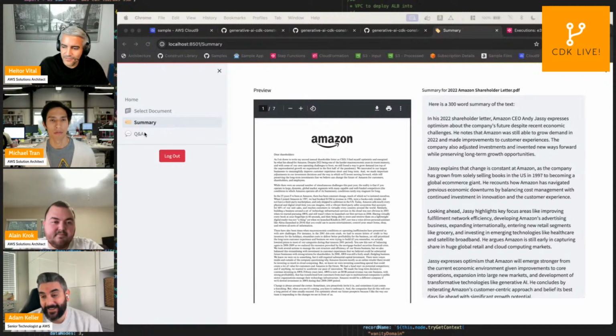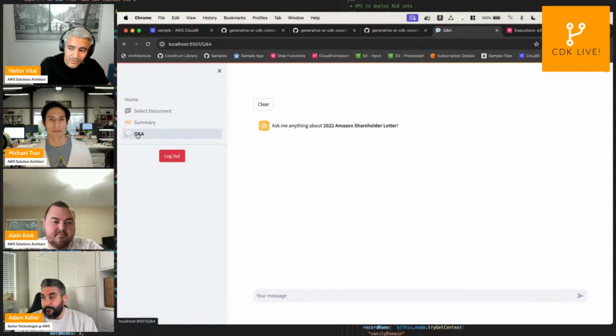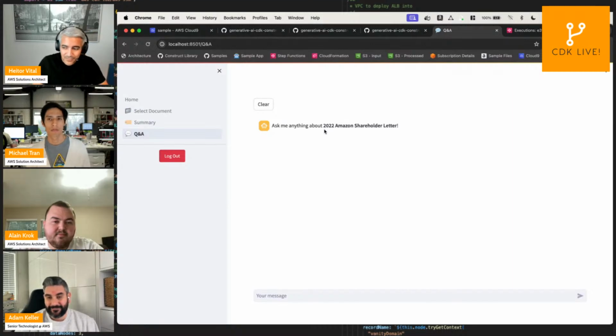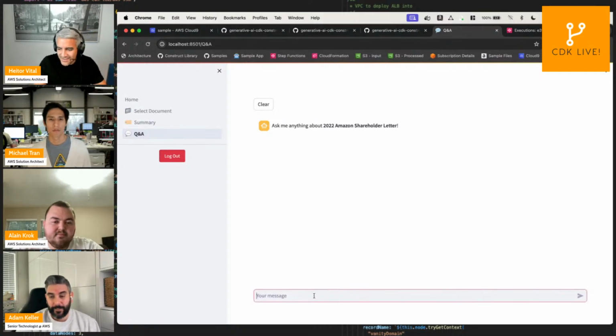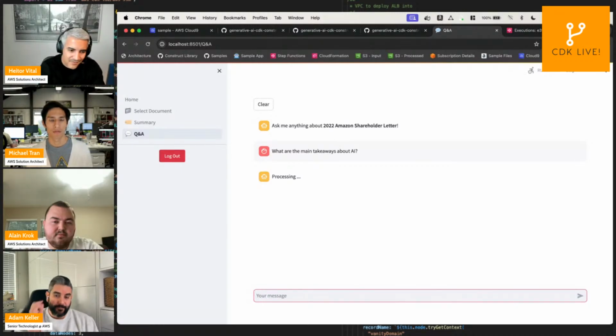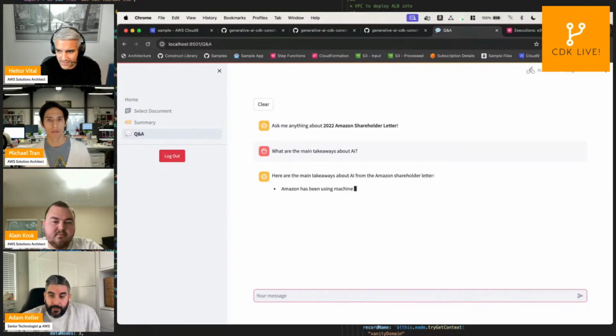Yep, and the last feature that we have here in this sample document explorer is you can interact and ask questions for one specific document that you selected. I can send a question here, like, when it comes to this document that I just selected, what are the key takeaways about AI from that document? And again, this interacts with the question and answering construct that I deployed.